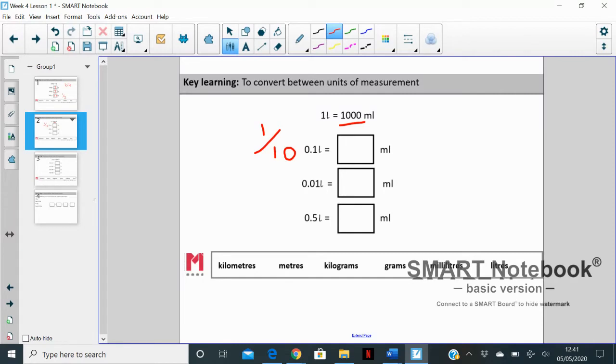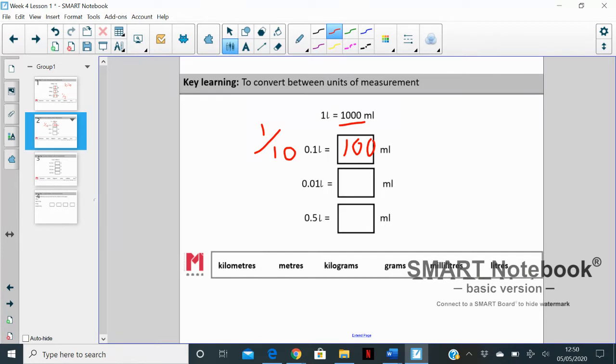So if you said the answer would be 100, you are absolutely right. 1/10 of a litre, that means we need to divide it by 10, would give us 100 millilitres. So if we know that 1/10 of a litre is 100 millilitres, we now need to find out